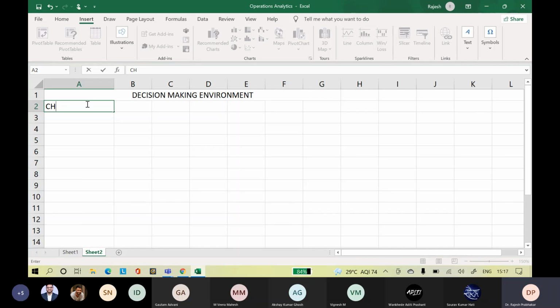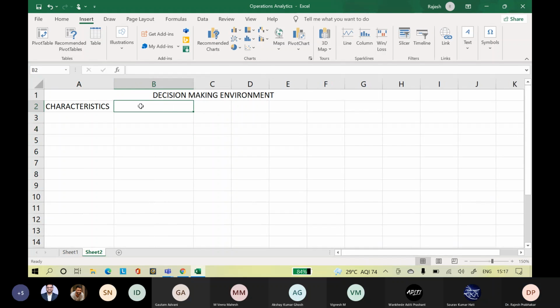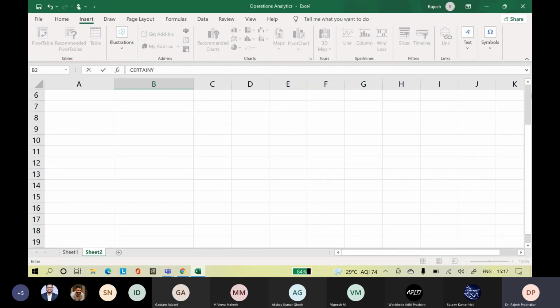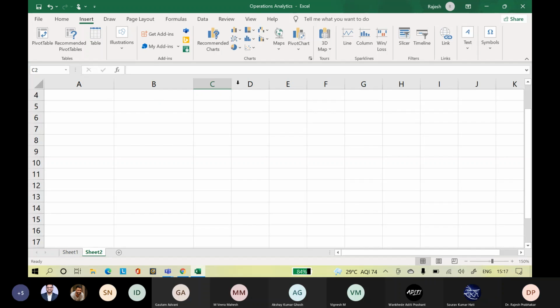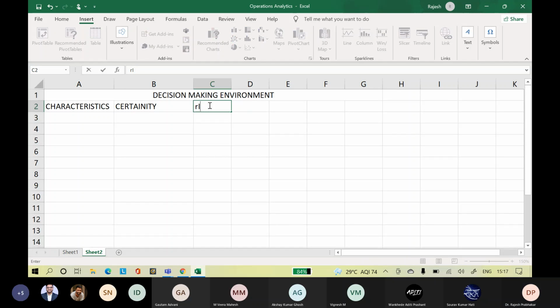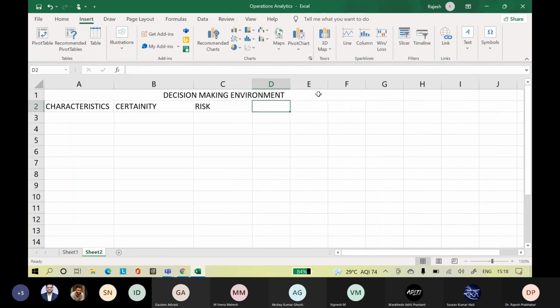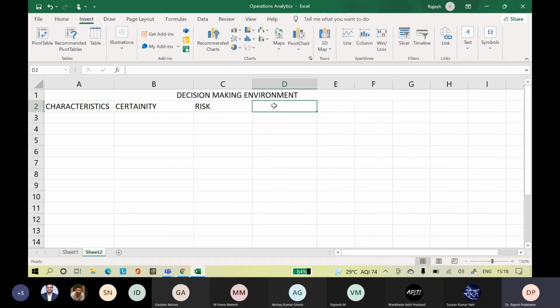We need to understand the various variables and various conditions: certainty, risk, and uncertainty.